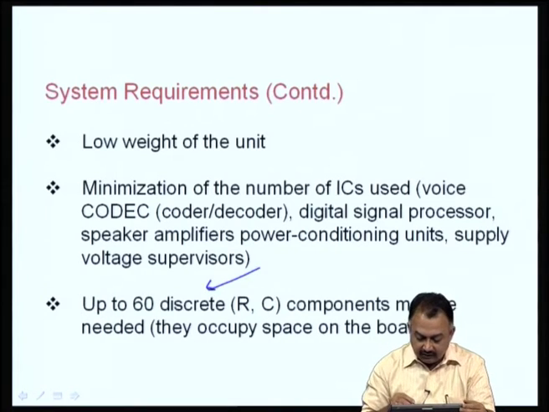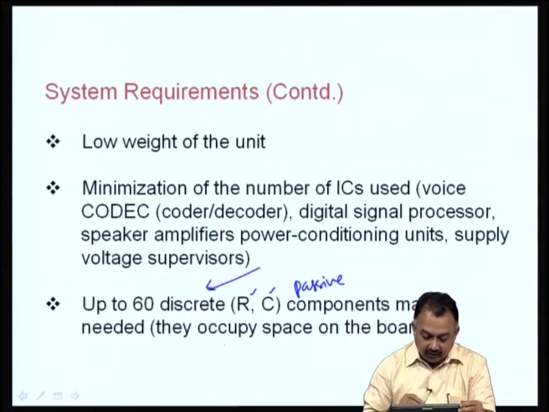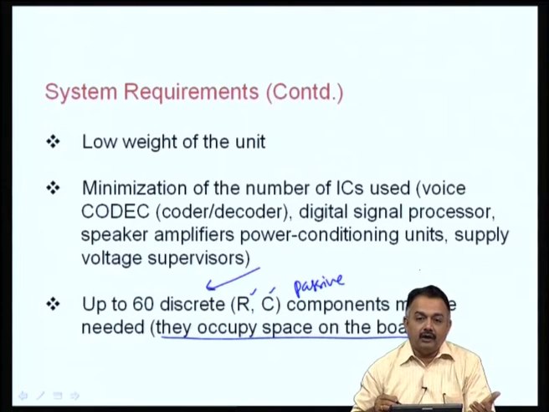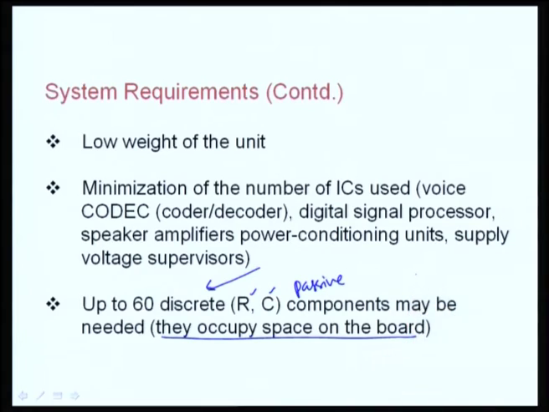What are discrete components? Passive devices, resistors, capacitors, and so on, right, and they will occupy a lot of space on the board. If you open up any mobile phone and look at the printed wiring board, you will see 50% of the space has been occupied by passive devices. And if you look at the component density, the passive components are 70% of the total number of components on the board. Size wise, volume wise, or area occupied, or you can say real estate occupied by the passive components on the board is almost 50%.